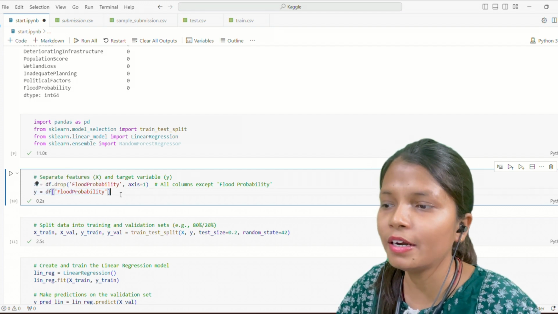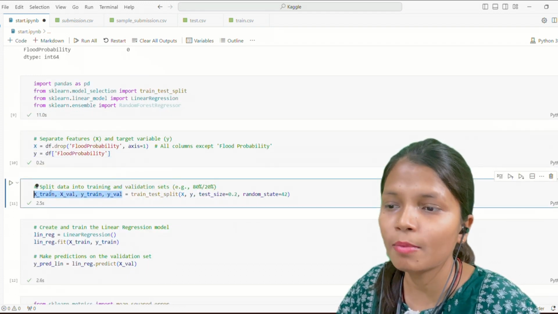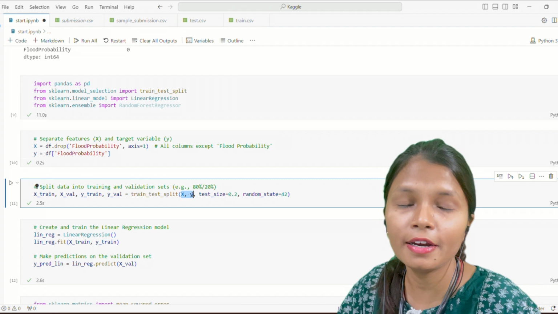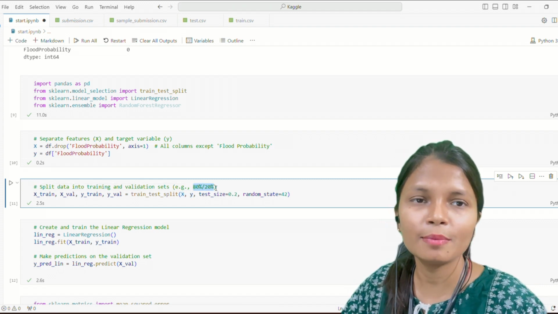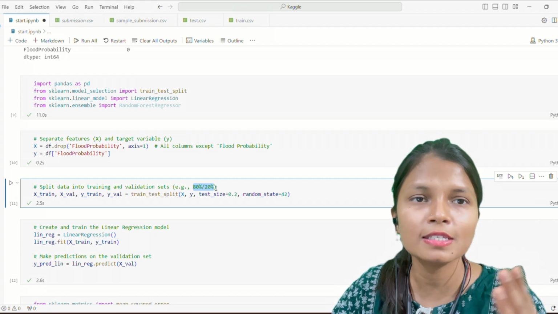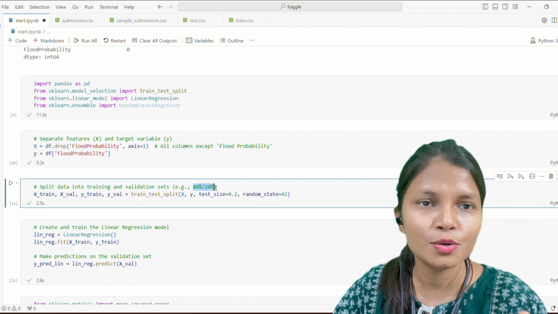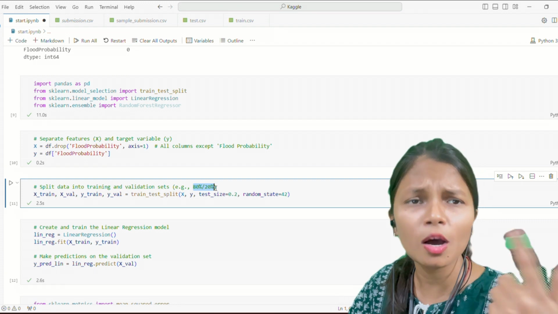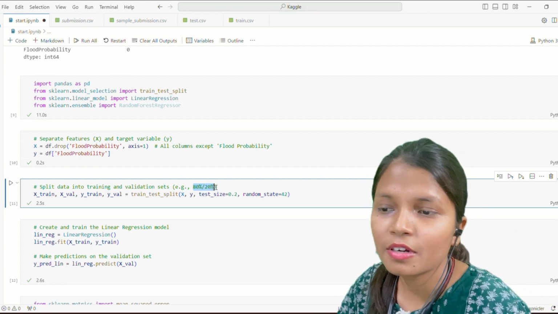Now I'm using the train test split and I am dividing my entire data in an 80-20 ratio. You can use 70-30 also, it depends upon you, but make sure that the training share is greater than 70, like 72 or 78 you can use. Any value above 70 will work. So I have set the random state to 48.